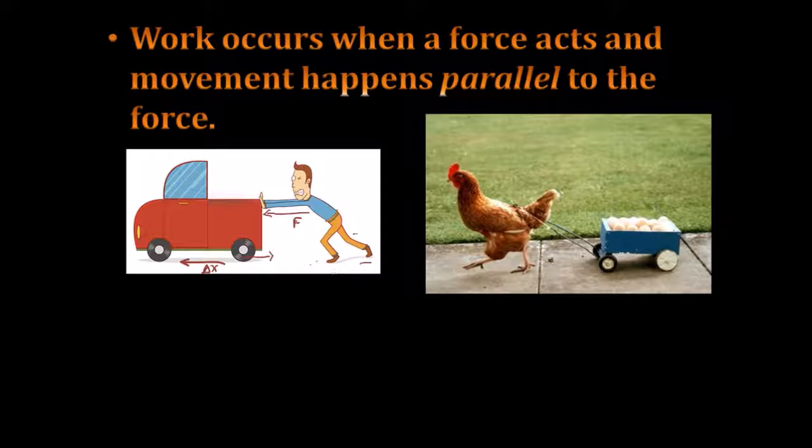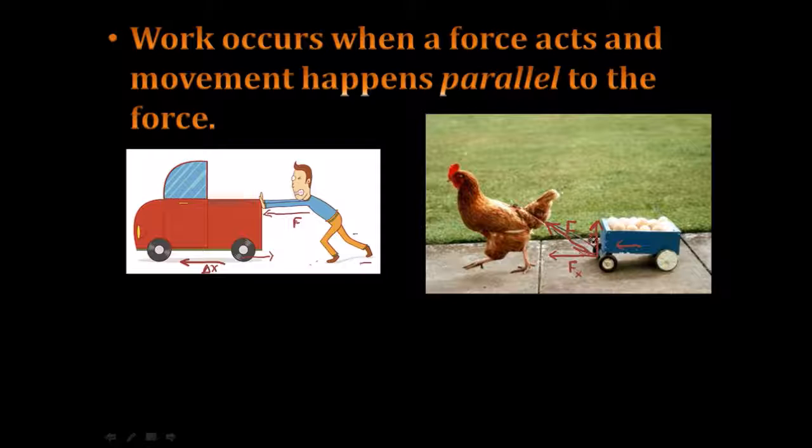What about the chicken and its harness? Now there's a term you probably haven't heard much before, a chicken harness. This chicken is exerting a force this way. Okay, so how can we say that the chicken's doing work if the egg crate is moving this way? Well, the answer has to do with the fact that force is a vector and can be resolved into components. You see, there's a component of the force this way, maybe we'll call that F sub x because we like x being the horizontal direction. And there's a force component exerted this way.